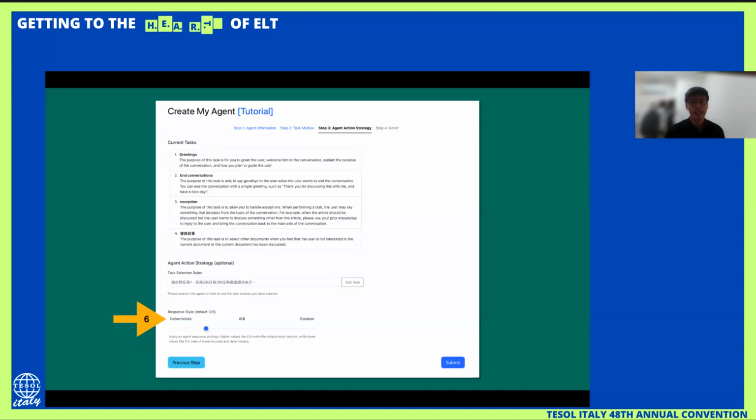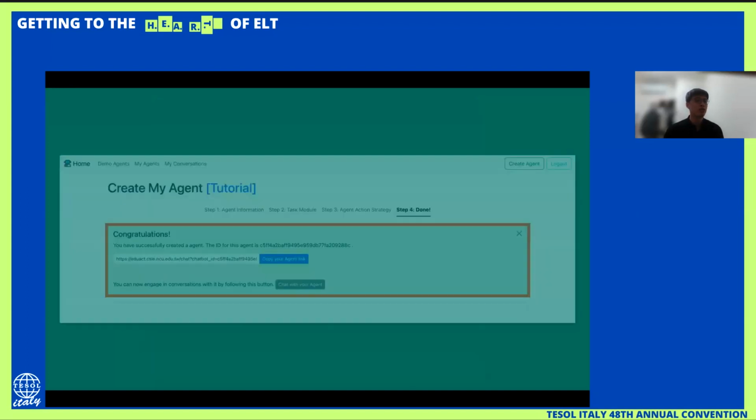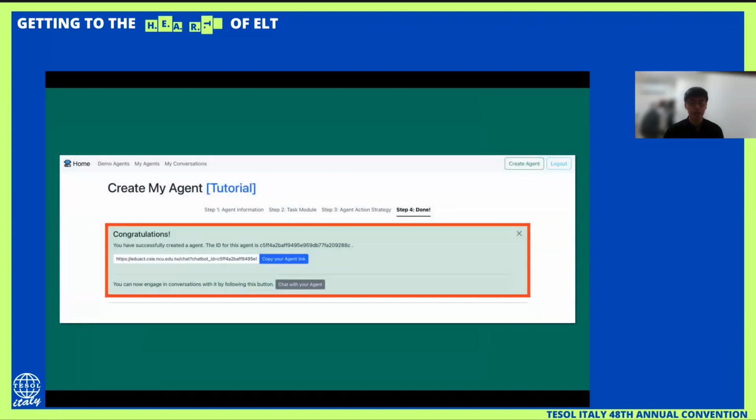You can decide how free you want it to be for the responses. After you decide the style, you can come to submit. To submit means that you are going to share with your students. So you can just copy your agent link and share it with your students.